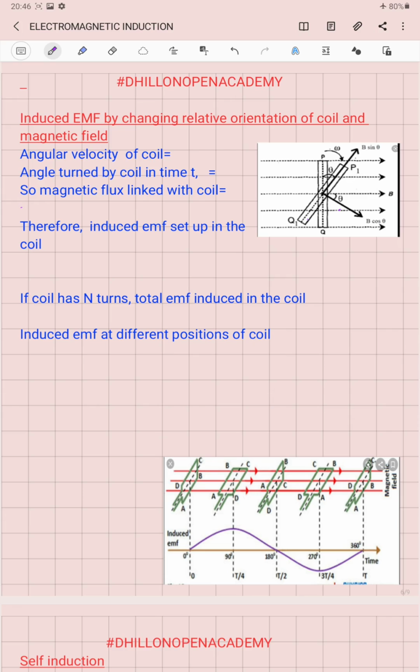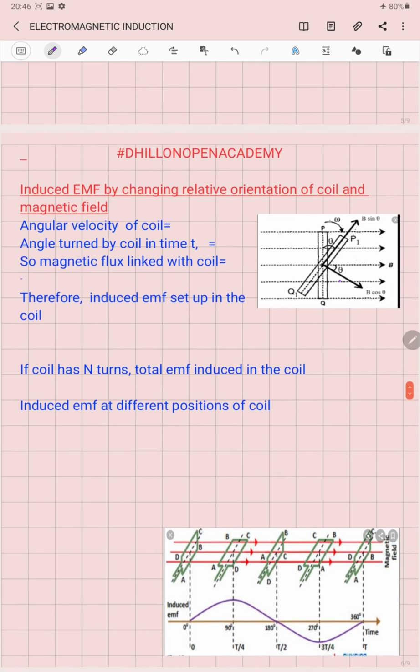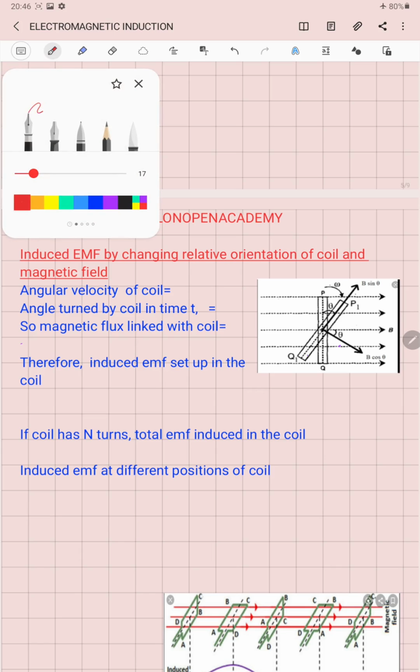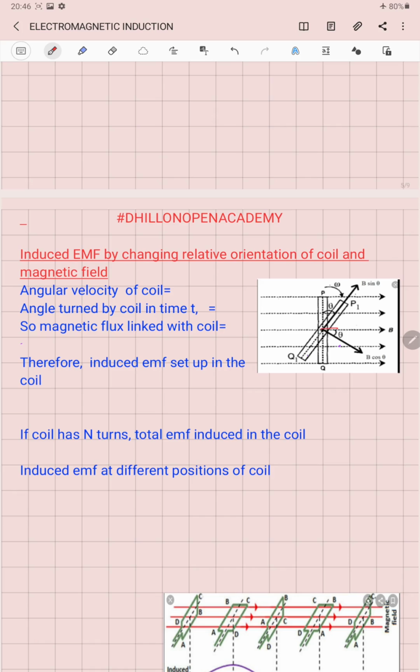Today we are going to first discuss the EMF induced in a coil when it is rotating inside a uniform magnetic field. So here in the picture we are observing a coil PQ which is initially held in the uniform magnetic field such that the normal to the surface of the coil is initially pointing in the direction of the magnetic field, as it is shown by the red arrow. If we assume that this coil is rotating with a uniform angular velocity omega,